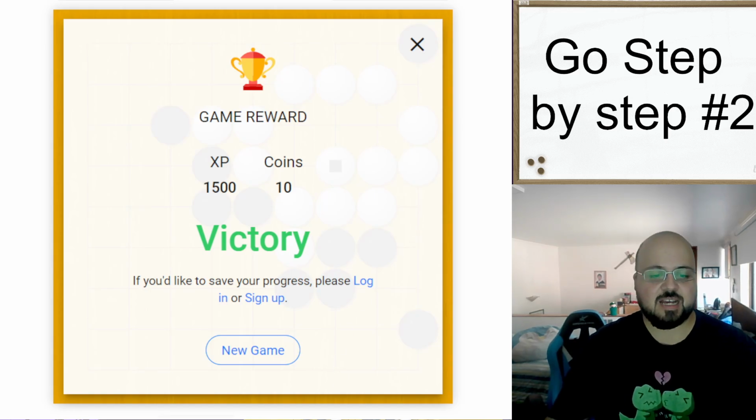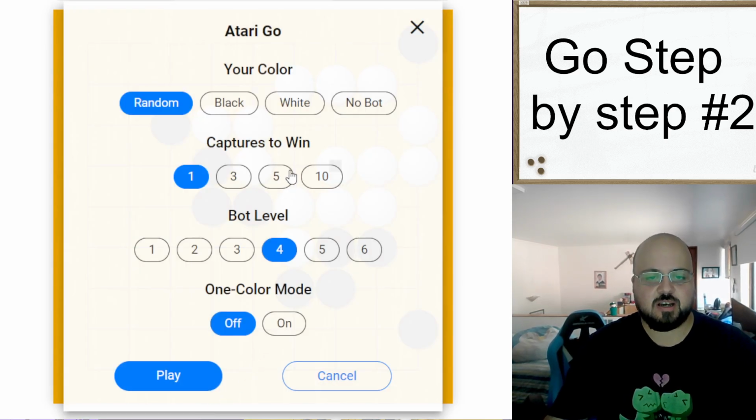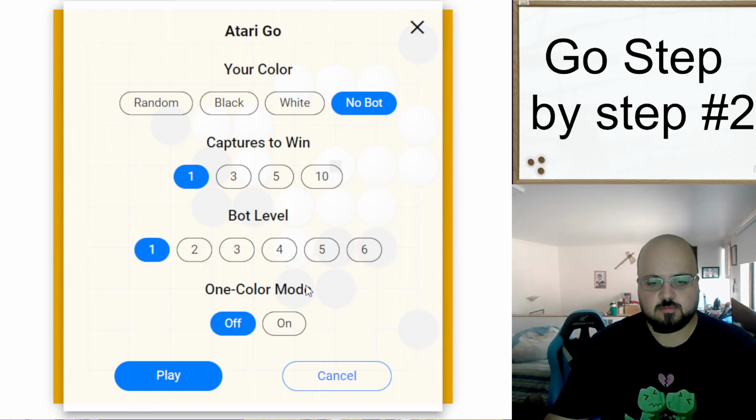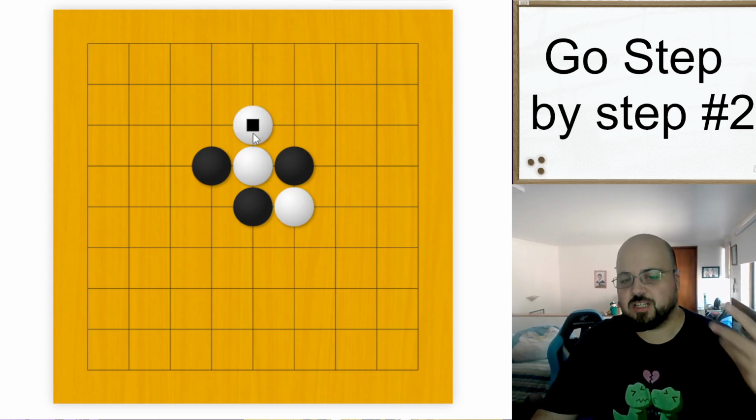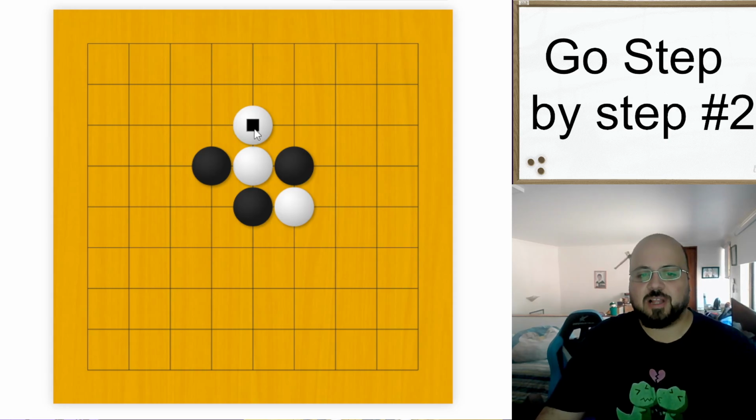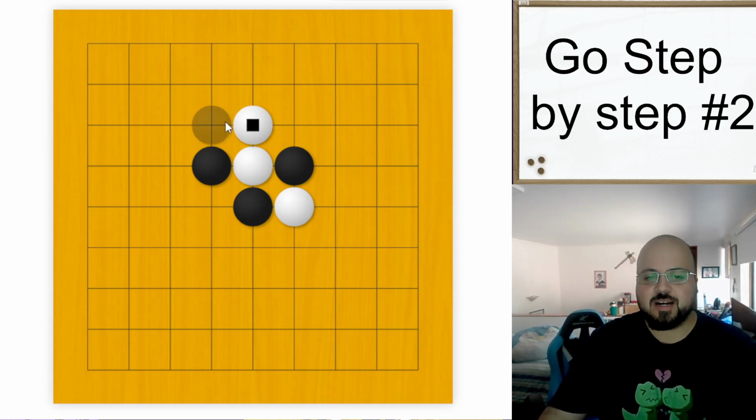Atari Go is a way to know how many liberties your stones have. I will play no bot and I will show. For example, this stone now has one liberty, so white will try to keep it alive. Now the group has one, two, and three liberties. This is what you do when you're starting to know where to play. And for example, now